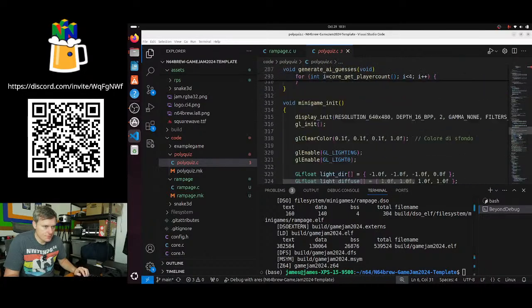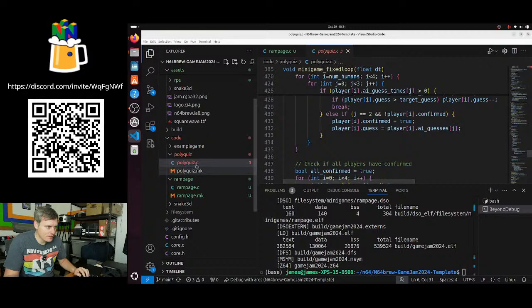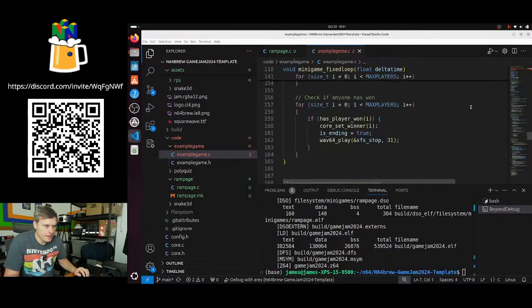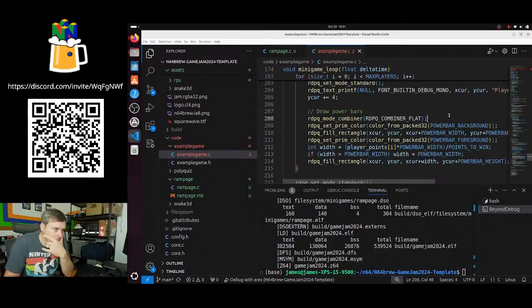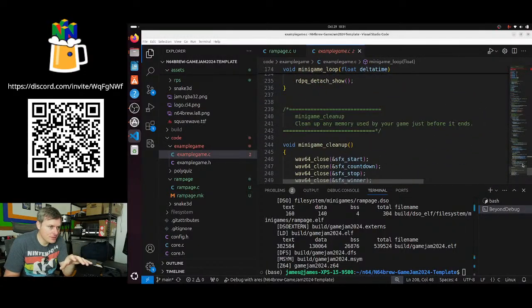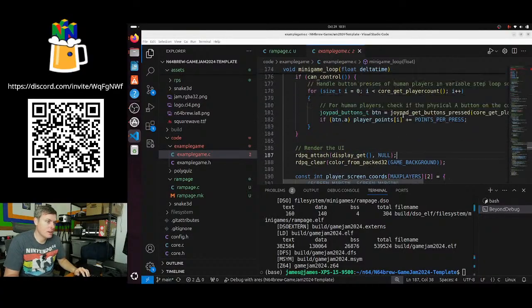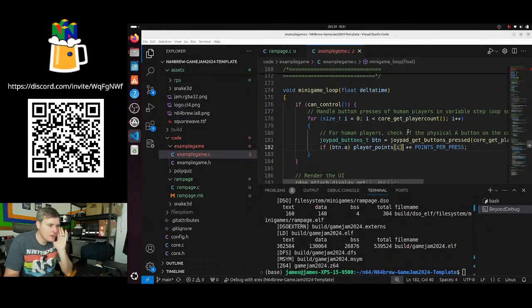I just want to copy paste code. I don't want to, this one's long. Example game's faster. All right. So yeah, use these examples as templates. Start with that. That's honestly my recommendation: grab one of the mini game examples and just start